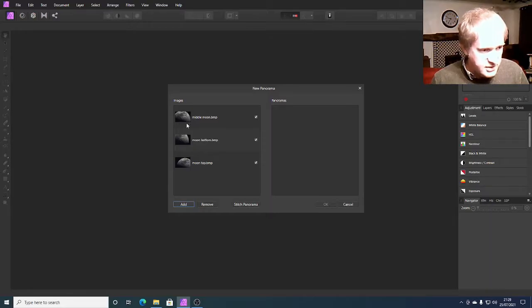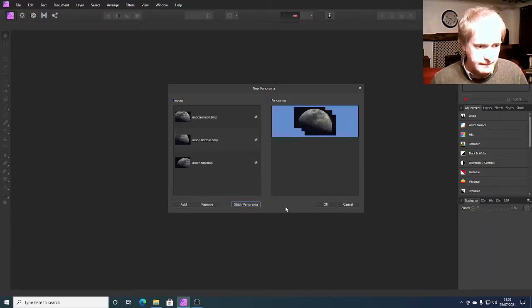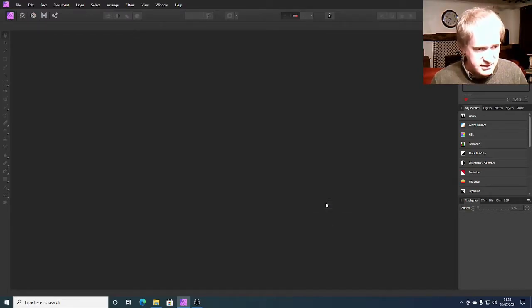Now these pictures have already been through AutoStack and Registacks to correct the color on them, so we're literally just gluing them together as a mosaic. So once you've loaded your 3 files, which we've got there, you click Stitch Panorama, and it then gives you a panorama preview here, and we can see there it's stitched them together, so we just click OK,